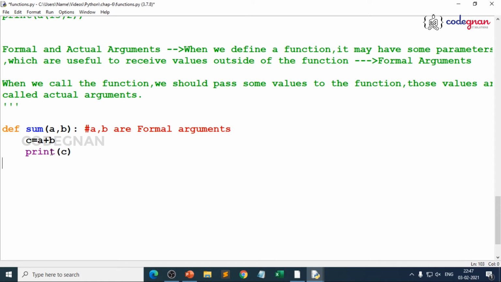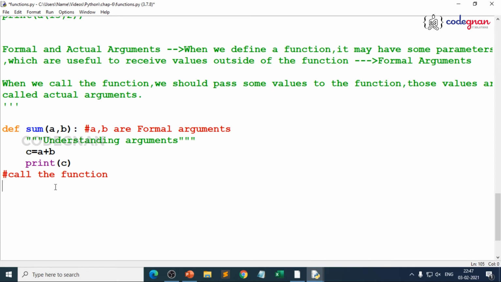Now you call the function. I am not writing any docstring here because you are already habituated, I am just trying to explain it. Even if you need, I will write a docstring. Triple quotes, understanding arguments, triple quotes close. Now when you call the function, you can pass the values.